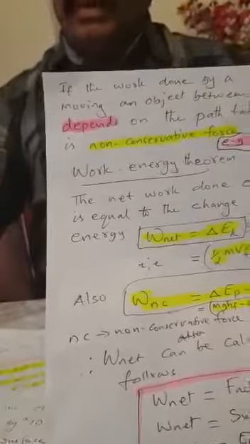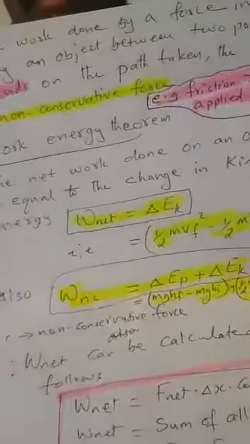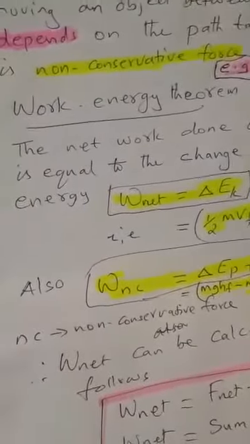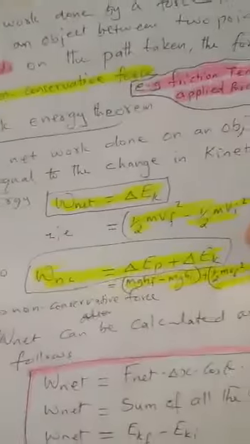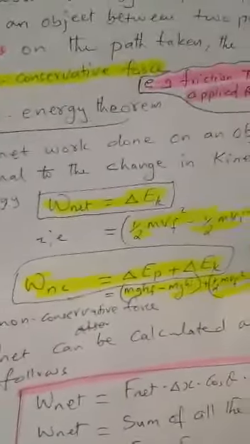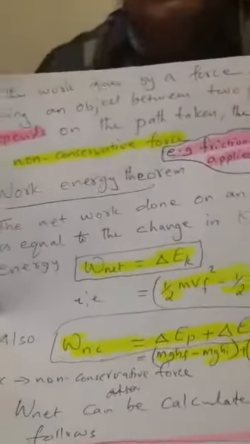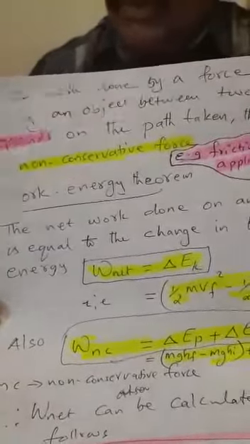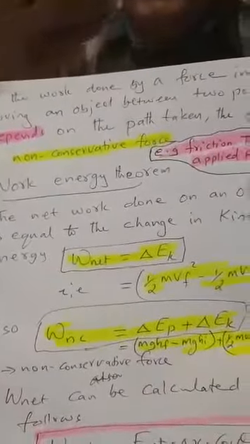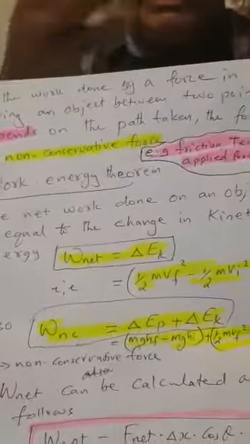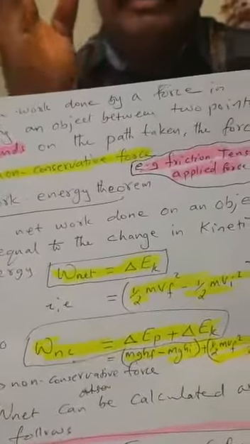The other one is the non-conservative force. If the work done by a force depends on the path taken, then that force is a non-conservative force. The forces we come across, like applied force, tension, and friction, etc., are examples of non-conservative forces. I hope it is clear. For more clarity, please refer to the textbook. There is a section